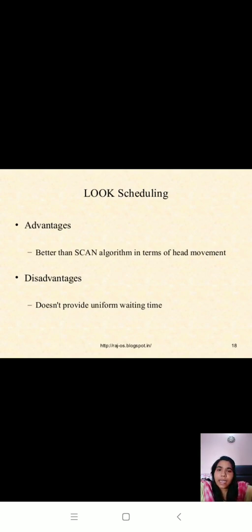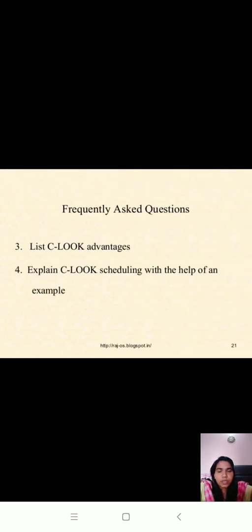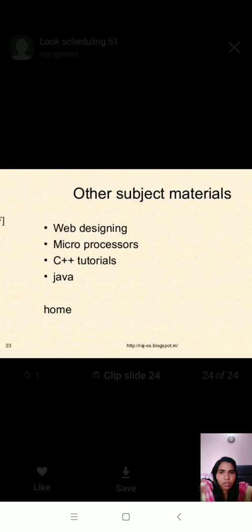It is better than the SCAN algorithm in terms of head movement, because in the SCAN algorithm the movement of the cylinder is more as compared to LOOK scheduling. But there is also a disadvantage: it doesn't provide uniform waiting time. So we have another algorithm, that is CLOOK. Okay, so CLOOK is circular LOOK, which resolves this problem that occurred in the LOOK scheduling algorithm. So see how this algorithm solves